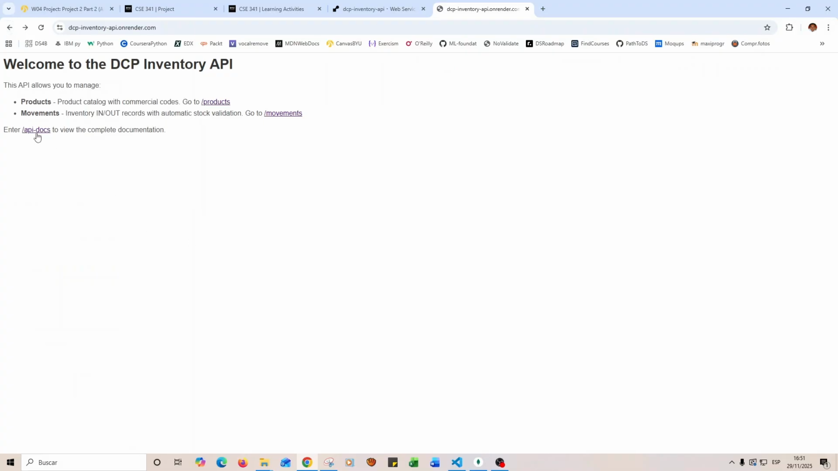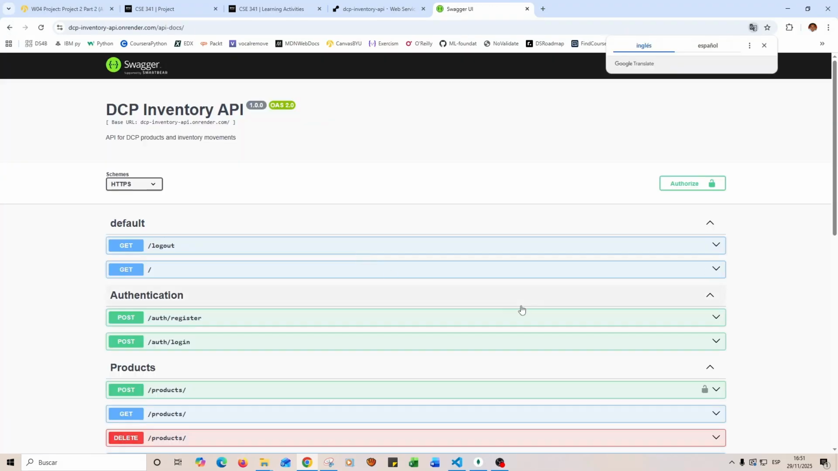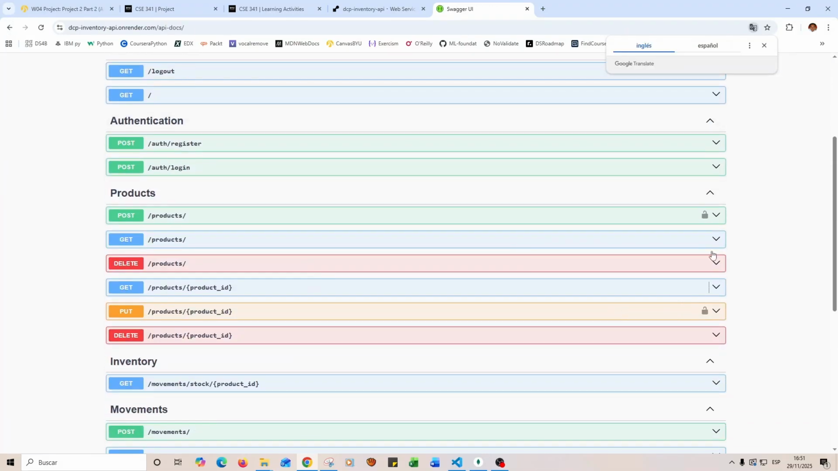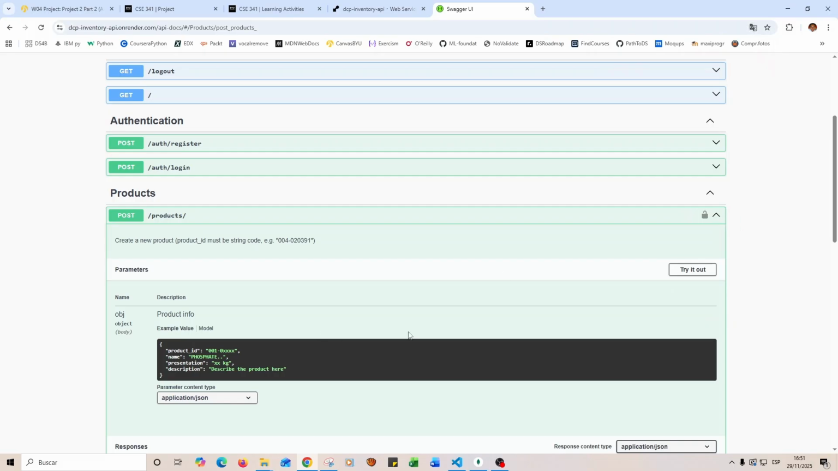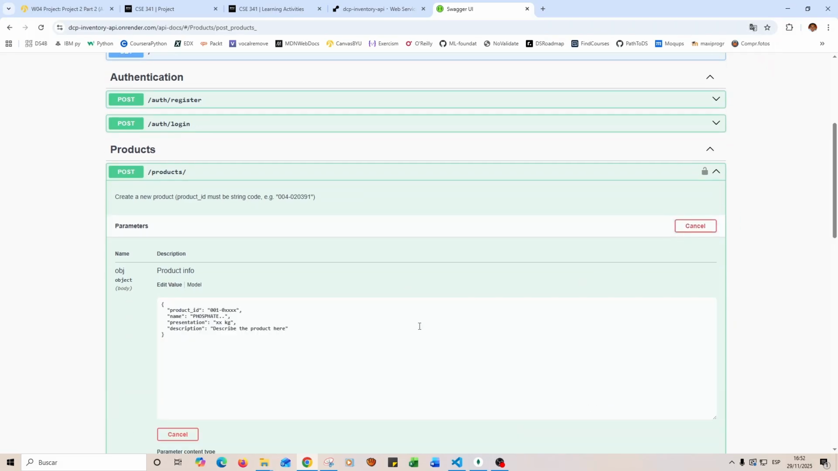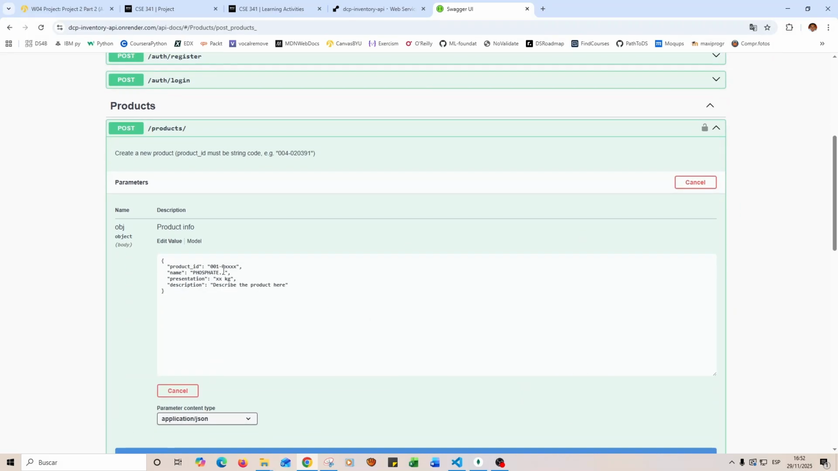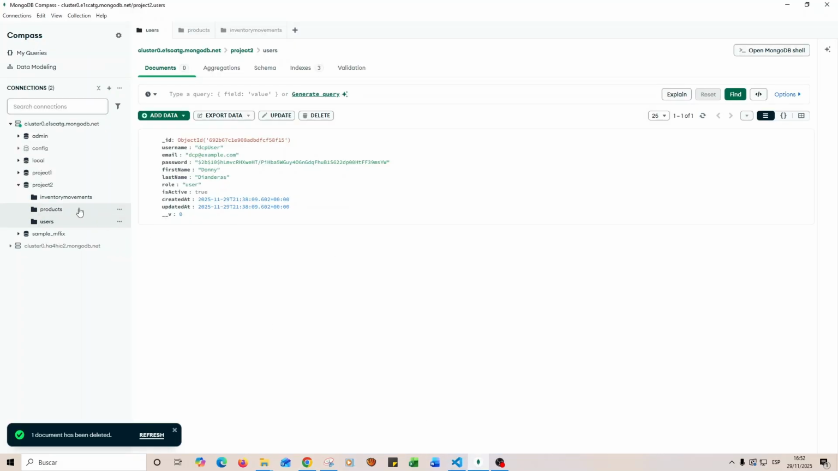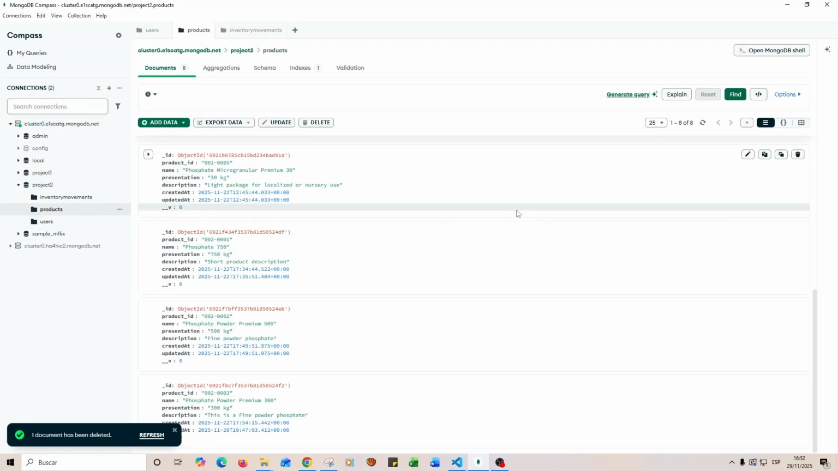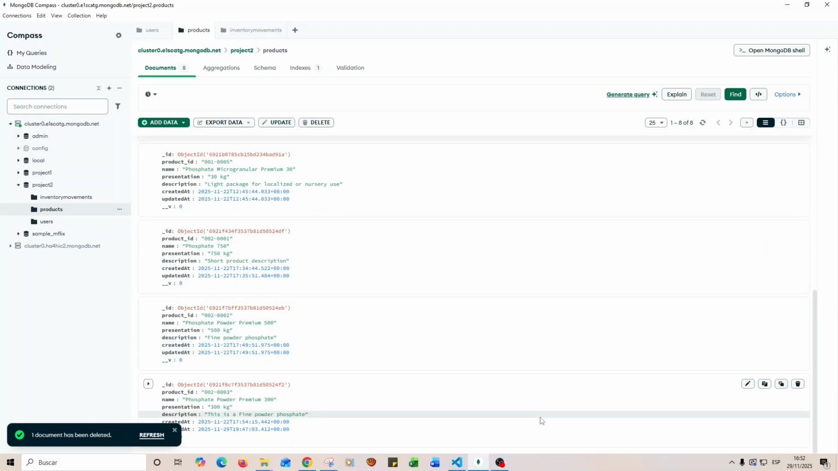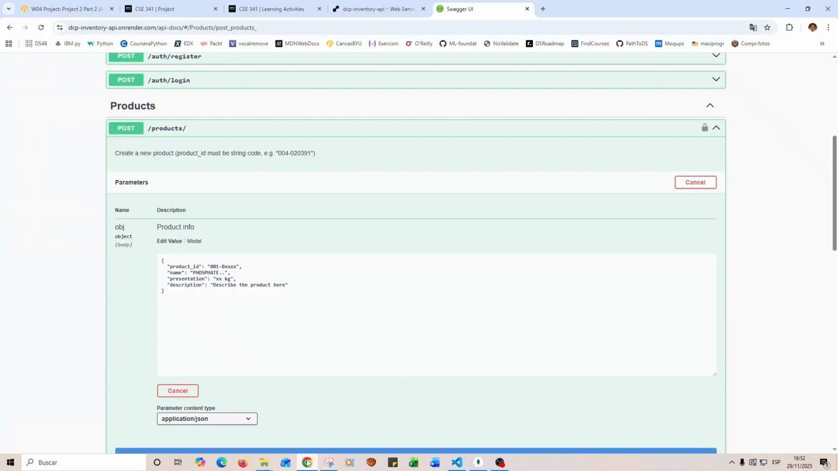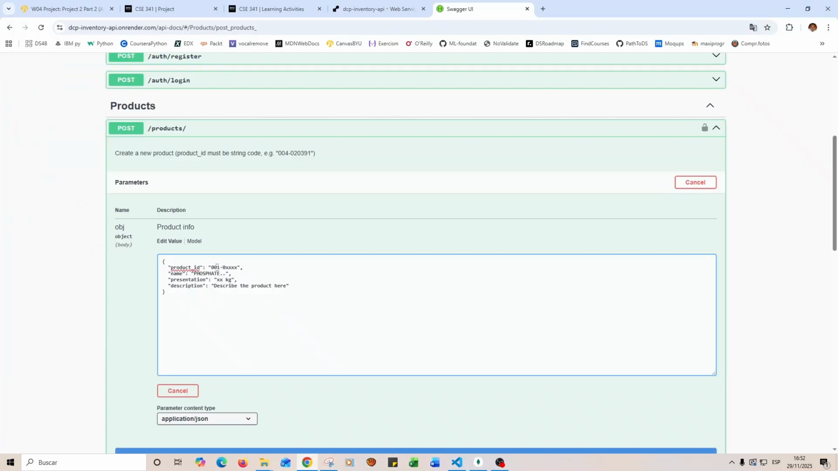And I'm going to enter this API docs, for example. Okay, try it out. In this case, I'm going to show you first my database. I got it. Okay, eight registers in my database. I'm going to create a new register. For example,